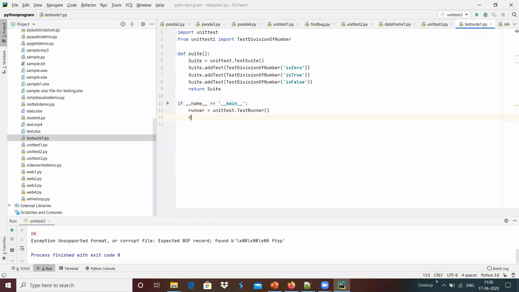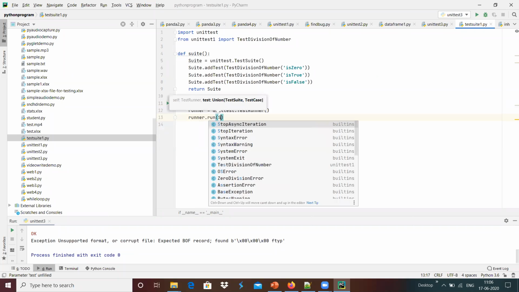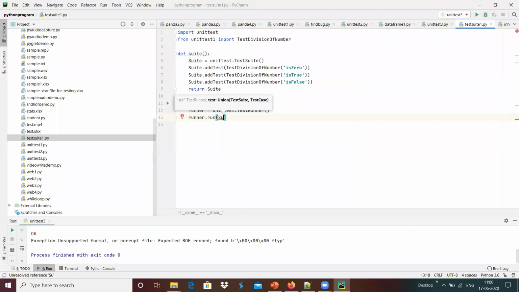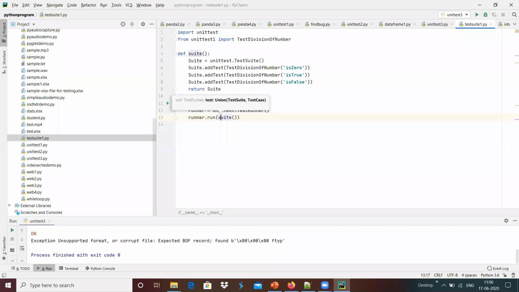Using the runner, I'm going to do runner dot run of suite. It basically runs this function, which creates the multiple test suites, and it will get executed with the suite of test cases over here.